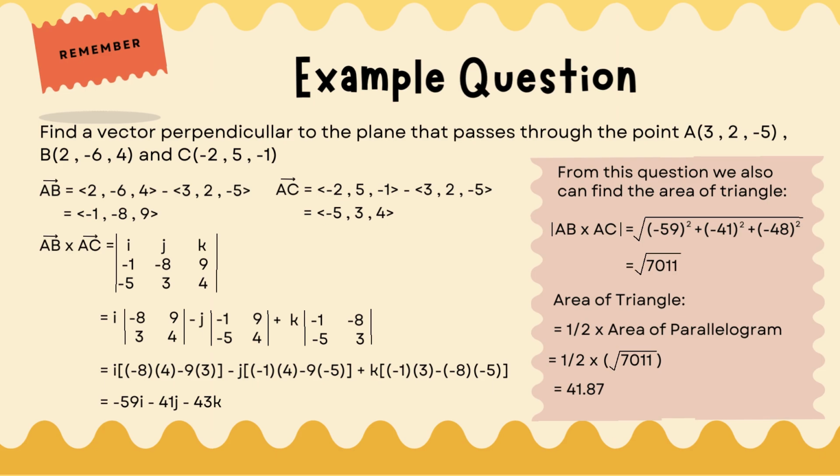Also, for the same question, we ask you the area of the triangle. For the area of the triangle, you need to find the area of the parallelogram first, which is the magnitude of AB times AC, and you will get the square root of 7011. So for the area of the triangle, just multiply 1/2 with the area of the parallelogram, and you will get